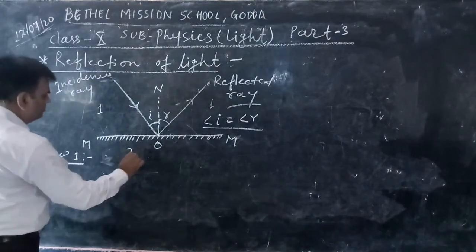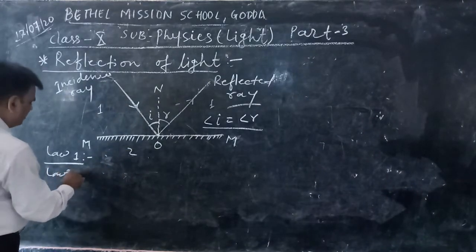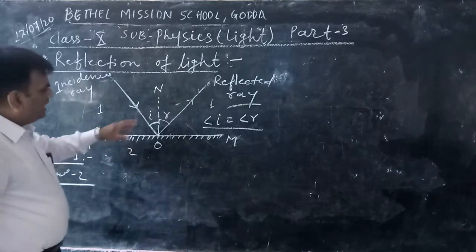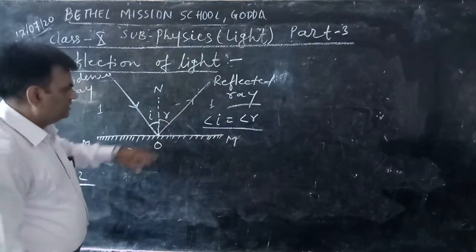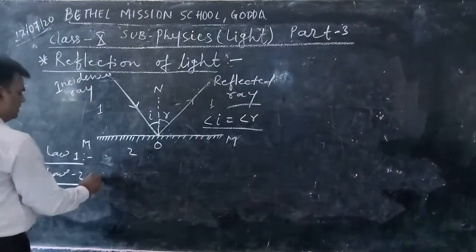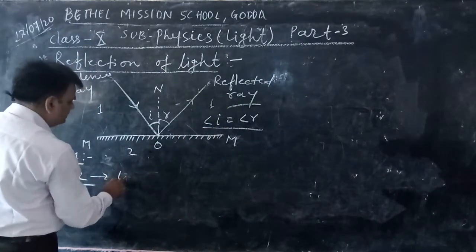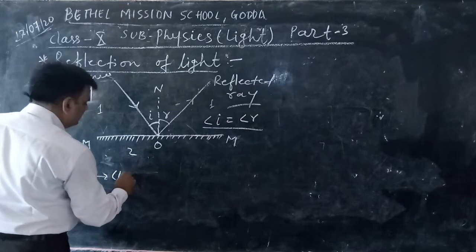And law 2: the angle of incidence is equal to the angle of reflection, as you are watching here. So law 2 is: the angle of incidence I is always